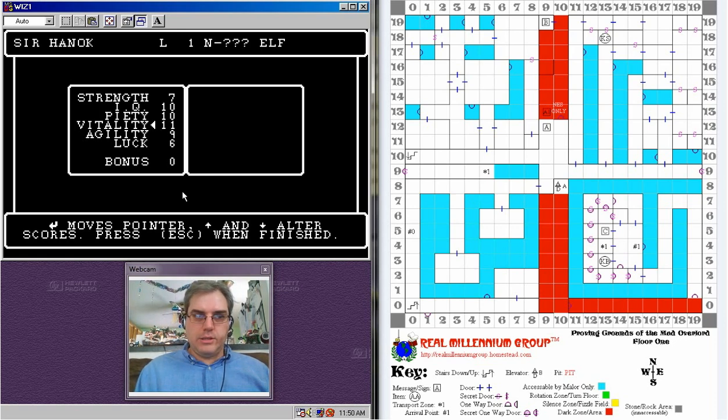That's what that is. So I remember vitality generally affects the amount of hit points you get. Agility is how you can dodge attacks and unlock traps. It helps with that, so a thief likes agility. And luck is sort of one of those RNG random type things. The better your luck helps a thief with disarming traps. Better your luck sort of helps you with attacks and stuff like that.